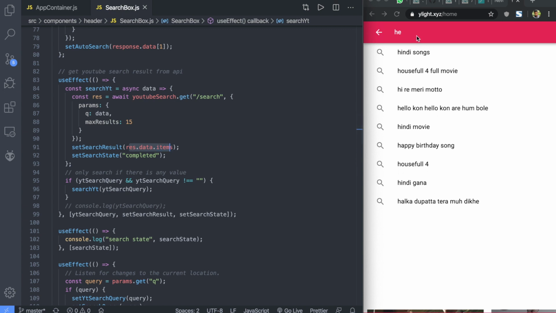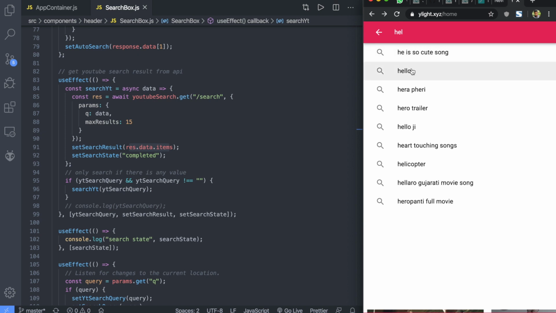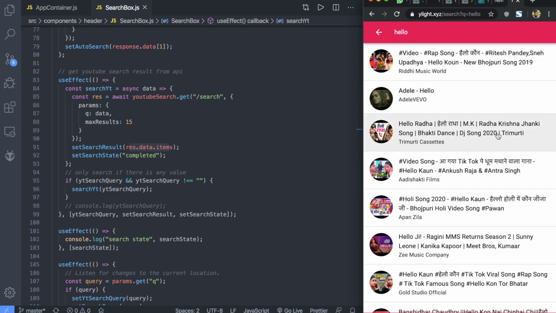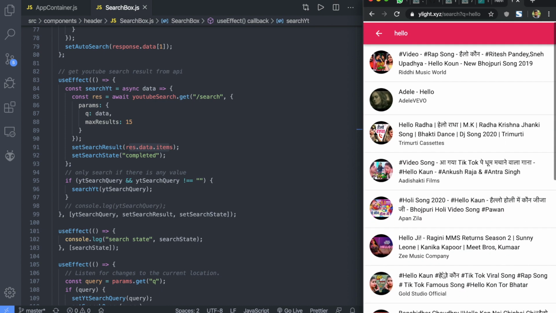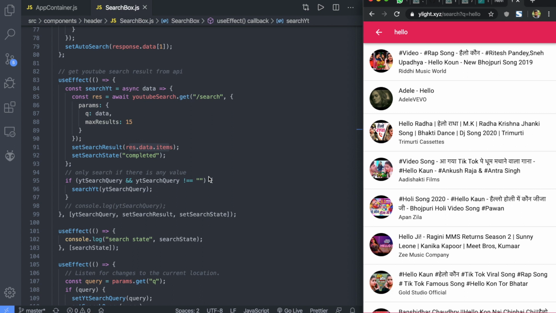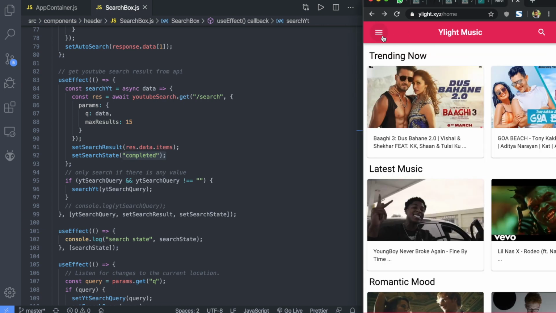Alright, so if we search for hello, whatever data we are getting, we are just setting it here, and then we are rendering all the lists, and it's a lot of work. So we will look slowly at how everything works. And if someone just puts an empty space and hits enter, then what are we going to do? We are not going to do anything. That's why it is not equals to. Don't you get it? Alright, and after that we set the search state to completed, so that the loader